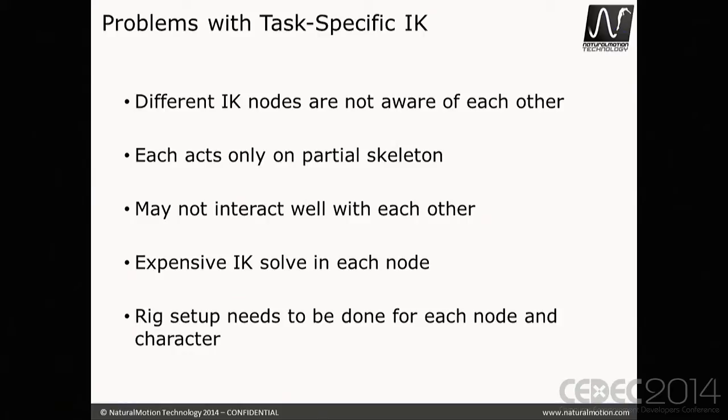But whilst it's easy to use, it has some problems, because if you use lots of these different IK nodes together, they're not aware of each other. So I might have one node that's controlling my right hand and telling me to reach for this point. It will perform the operation on my standing move, and I'll pull forwards like this, and that will be good. I then want my other hand to reach. Well, that might operate on the skeleton as well and pull me this way. And I get conflicting results. The two systems don't work together when you've got these independent results, because you take one IK node, you do the solve, you have animation, you take another IK node, it does the solve on its own. And each will only act on part of the skeleton normally. So you can have this situation where they don't interact correctly,